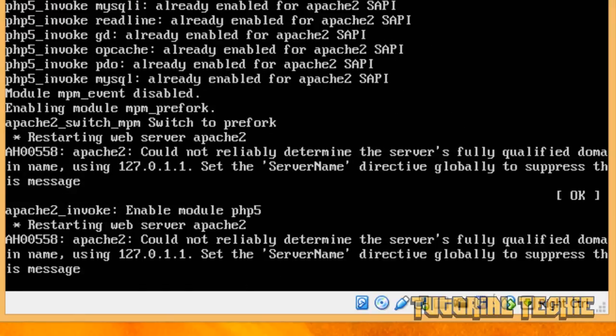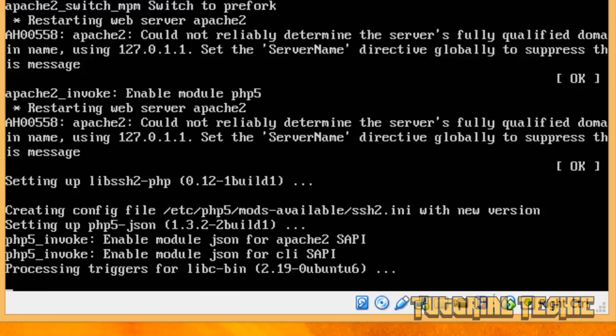Perfect. All right, looks like everything is correctly installed. Now that I've installed all the necessary software, before I install WordPress, I'm going to create this MySQL database for WordPress. So I'll type in sudo mysql -u root,